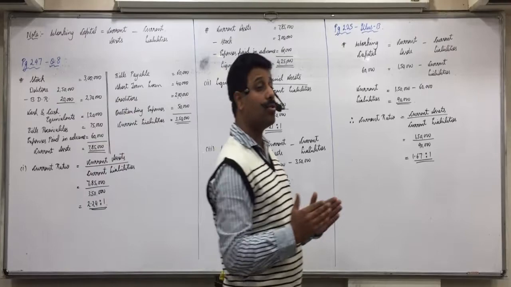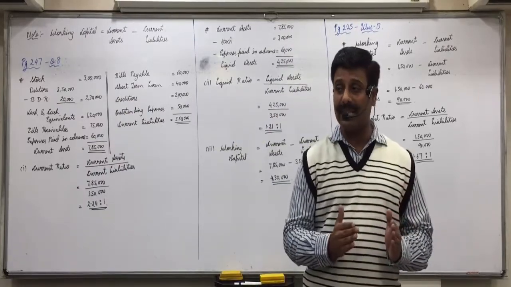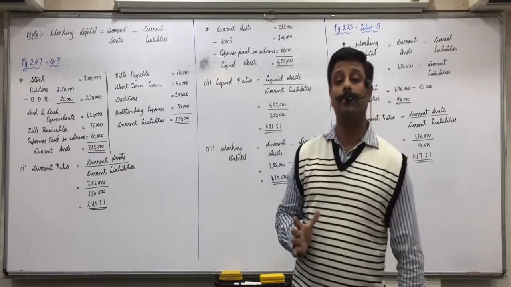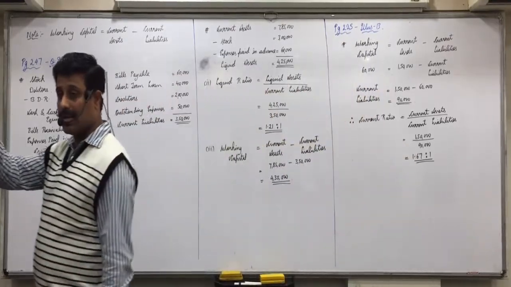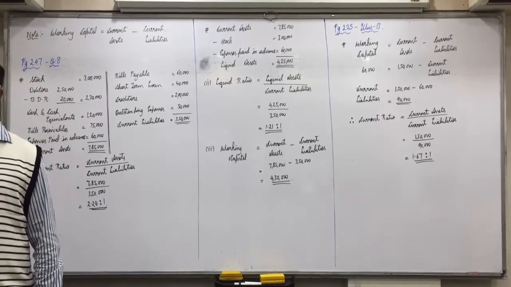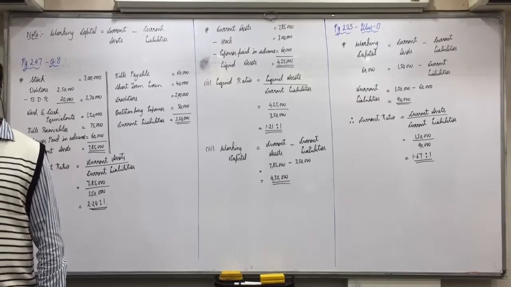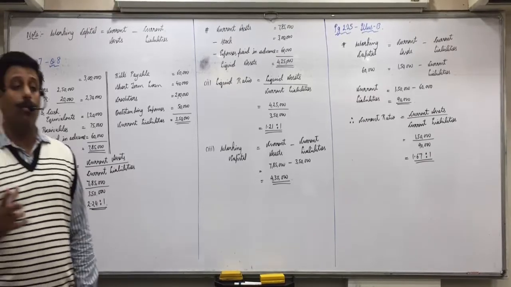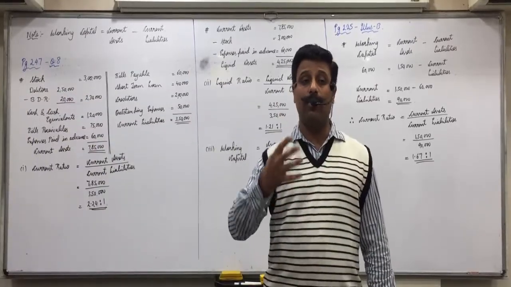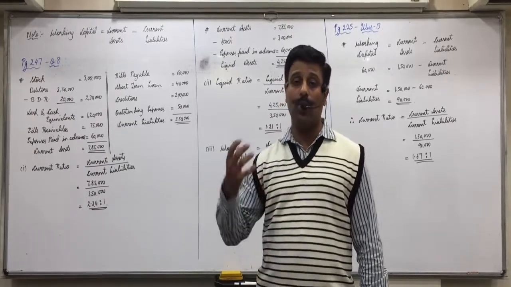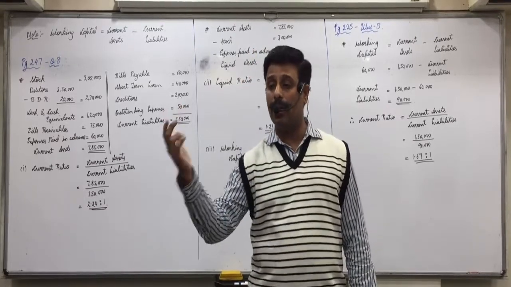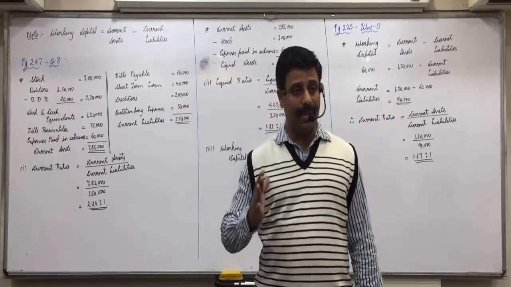What does proprietary ratio show? How much of assets are financed by owner's capital. So owner's funds upon assets. The formula is owner's funds divided by assets. You will remember it from the meaning. Proprietary ratio means proprietor, and it shows what proportion of assets are financed by owner's capital. Means whatever assets you have purchased in the business, how much the owner has invested out of that. So owner's funds divided by total assets. Is everyone clear with it?